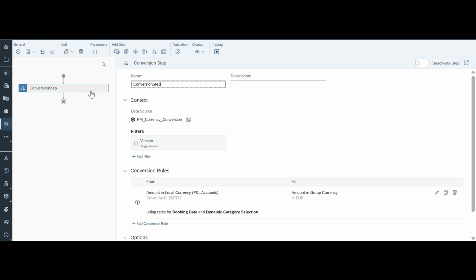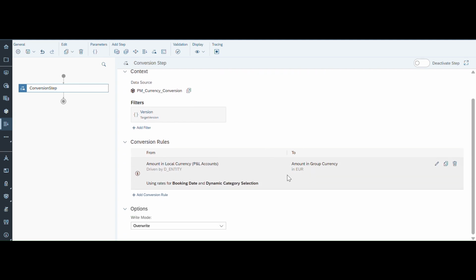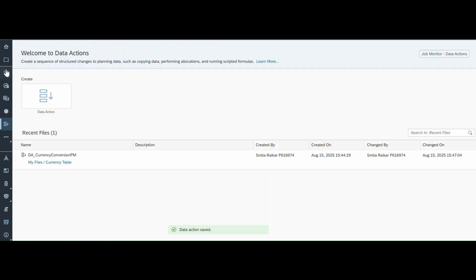I'll go back to the step one more time. So this will be done, and I will put append as the write mode. Anyhow, I'm not writing back the data, but if you enable planning in the table and then publish this data, then these group currency values will be appended in your model also. And you can put overwrite also. Then close. Then I will go back to my story and open it